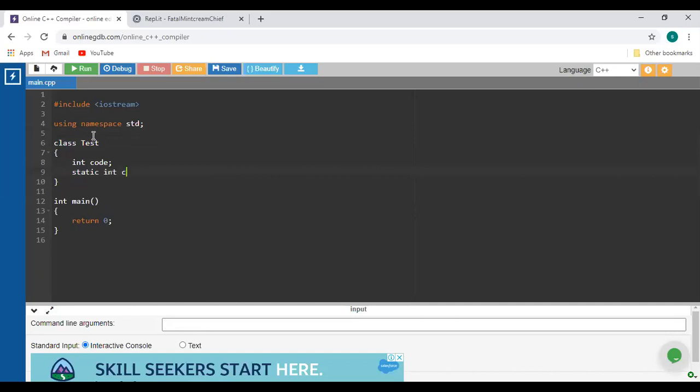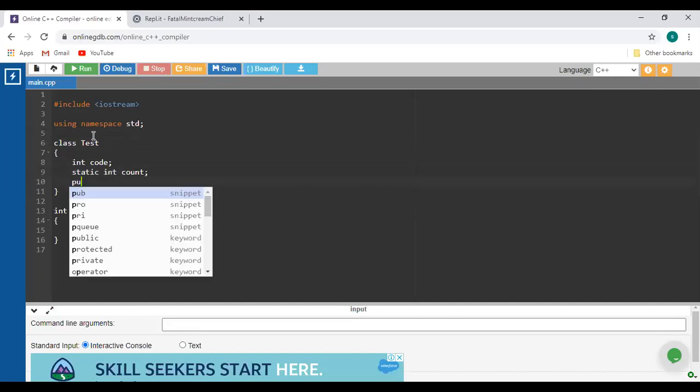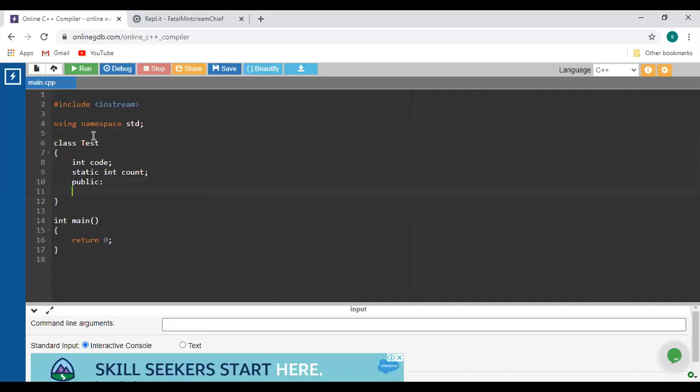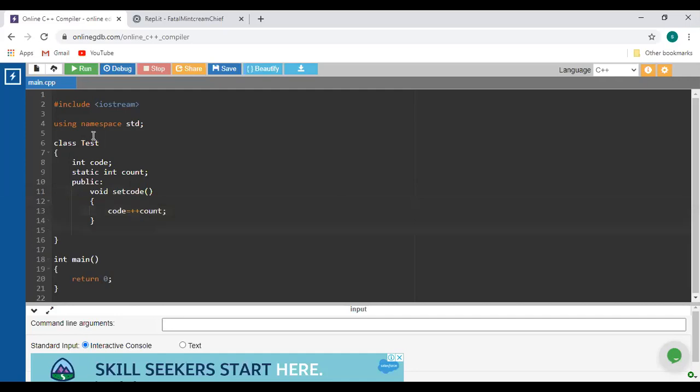Next is the public access specifier, and inside that public specifier, void set code sets that variable. How are we going to set that variable? With the help of the count value, so plus plus count. Next is void show code,